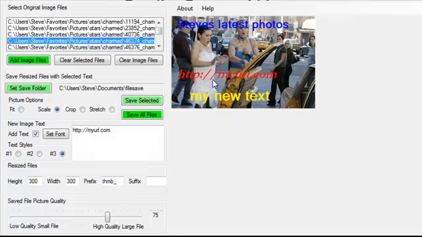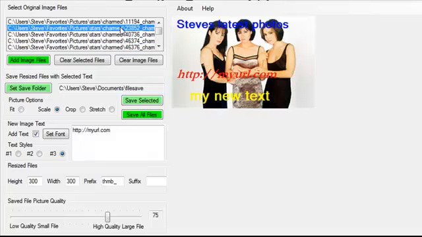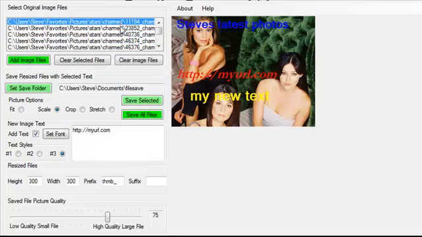Once I'm happy with it, I can then save the file. And to save them, I can save them one by one by clicking the Save Selected button, or I can decide to save all the files. And if we go through the files again, you'll see the text will actually appear in exactly the same position on all the files. So what I'm going to do now is click the Save All Files button,